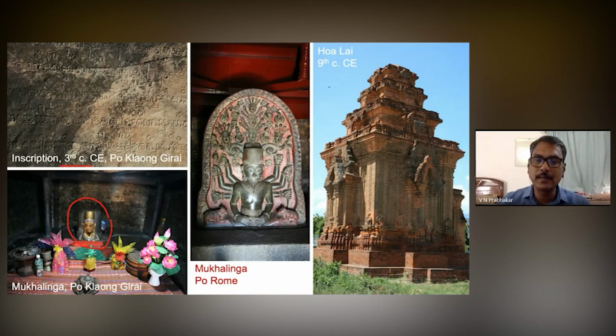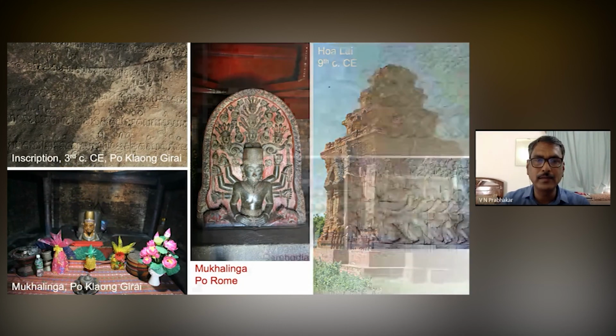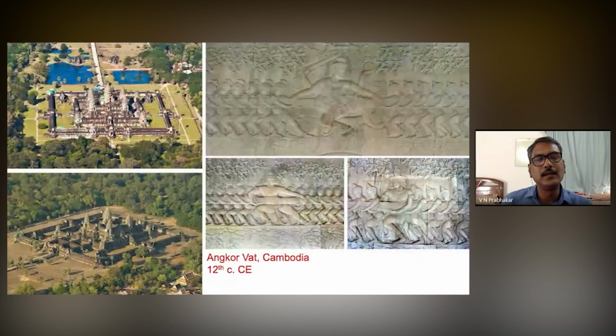So we have several examples from Vietnam which clearly indicate the influences, and of course one of the most famous and important evidences is from Angkor Wat in Cambodia, where we have the largest temple complex in the world, consisting of multiple prakaras and a network of canals and irrigation networks, and the rising of the shikaras as though it is reaching the top of heaven itself. It's a kind of symbolic representation of the culmination of temple architecture, one can say, but of course with regional variations and manifestations.